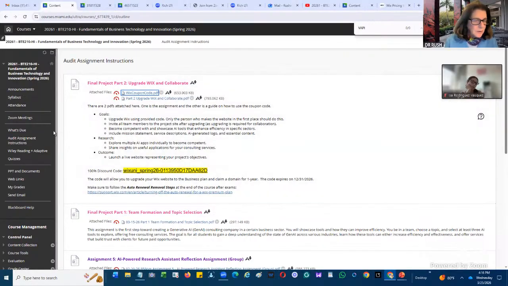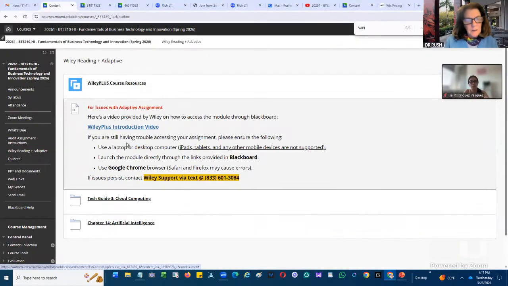And Isa will also be looking at it before class to check out what everyone has done. Okay? And then I talked about it before, the Wiley Reading and Adaptive.